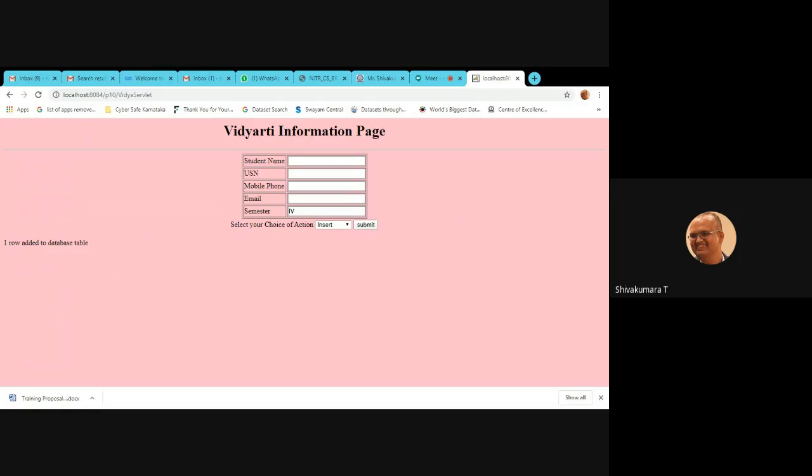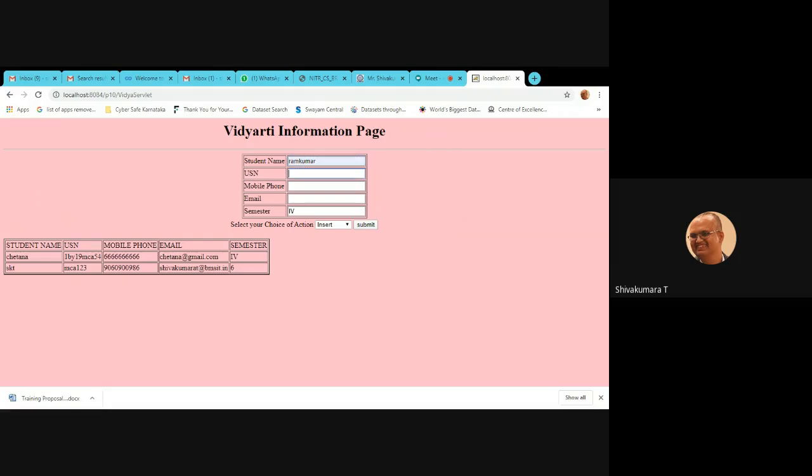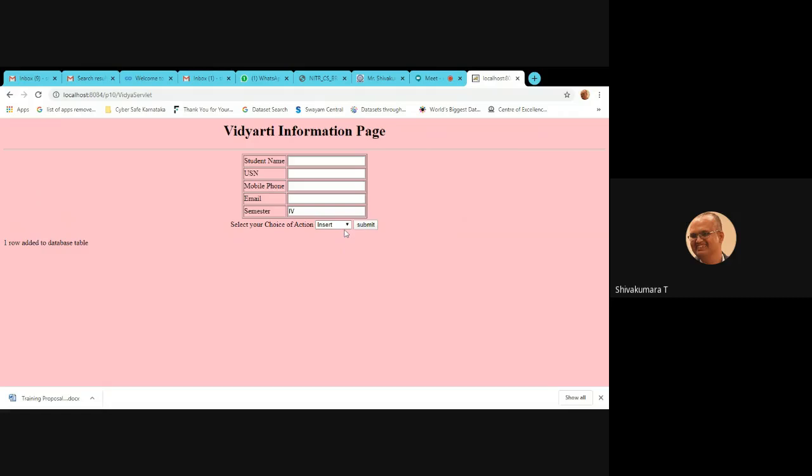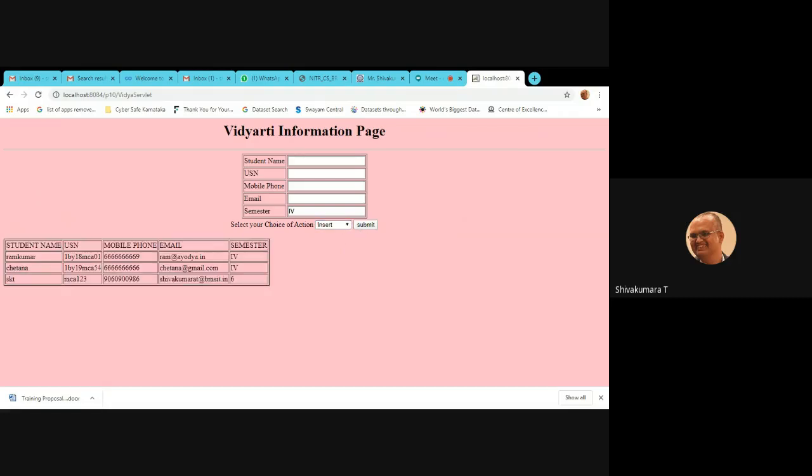So one row added to the database table. Let us check whether it is added or not. Again display, submit. Yes, Chetana is added. Again I select a few more records to insert into the database table. Insert, one row added to the database, display it, display.